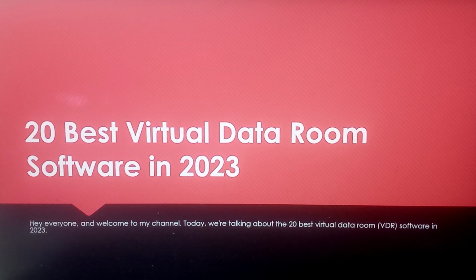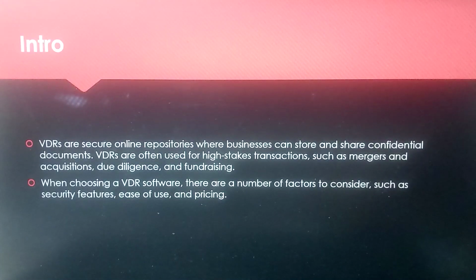Today I'm going to be talking about the 20 best virtual data room software in 2023. Let's go. VDRs are secure online repositories where businesses can store and share confidential documents. VDRs are often used for high-risk transactions such as mergers and acquisitions, due diligence, and fundraising. When choosing a VDR software, there are a number of factors to consider such as security features, ease of use,